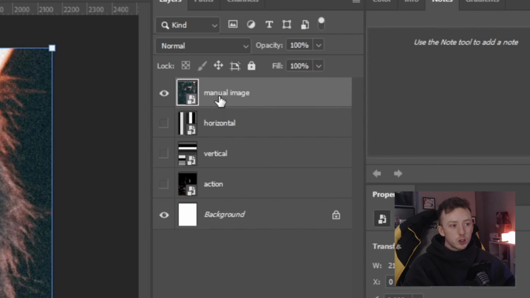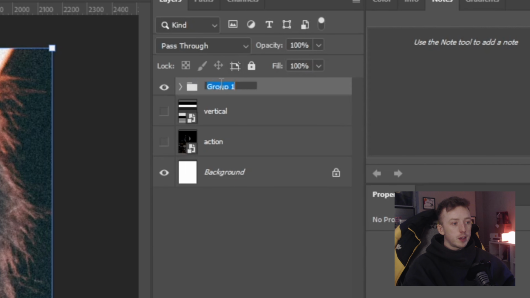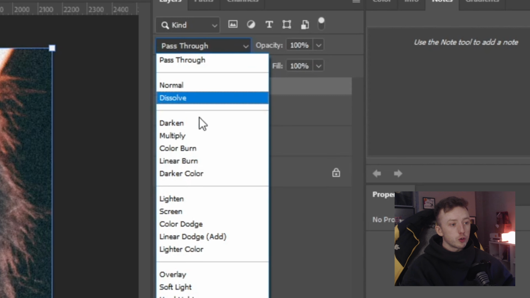Then you are going to put your image layer and your horizontal layer into a group together. So click on the image, hold shift, and click on the horizontal layer. Then down at the bottom of the layers palette, just click on the folder icon to create a new group. Then rename that blending group,